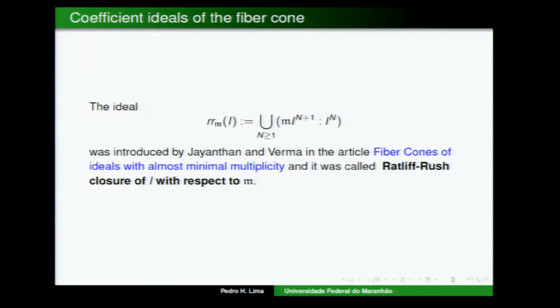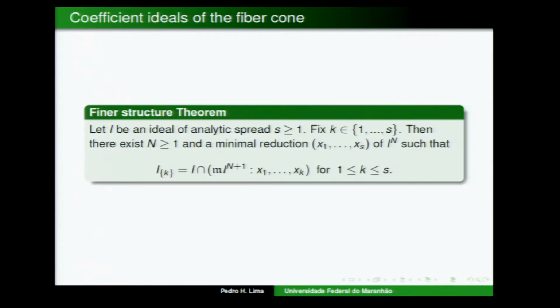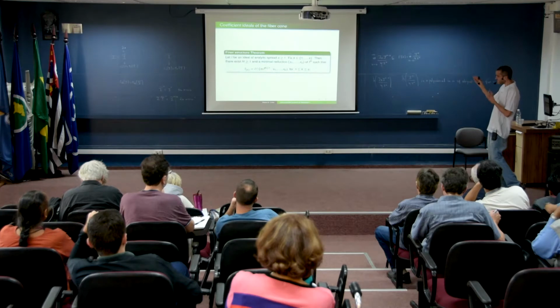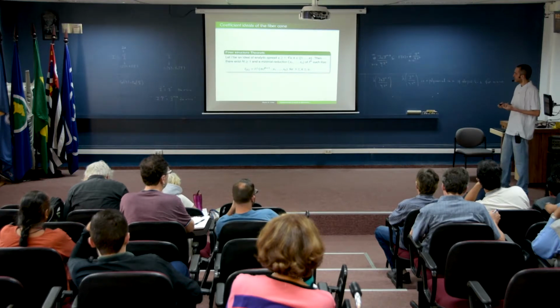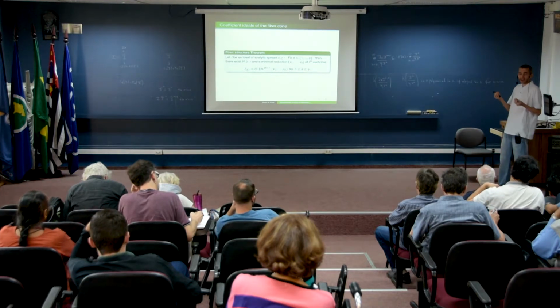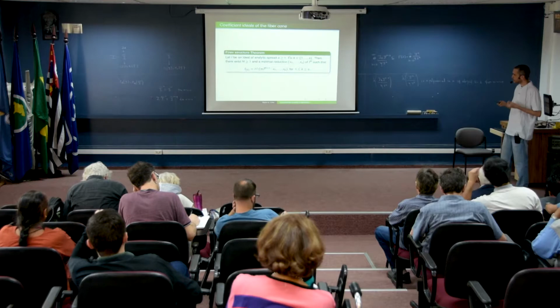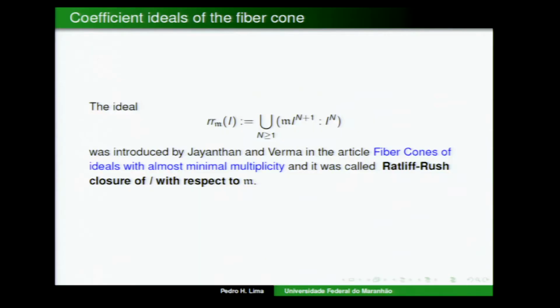And then you used this final structure to get some consequences, some applications. Like I said, it's not easy to compute these ideals, so at least if we could find one of them, it would be good. And then this new Ratliff